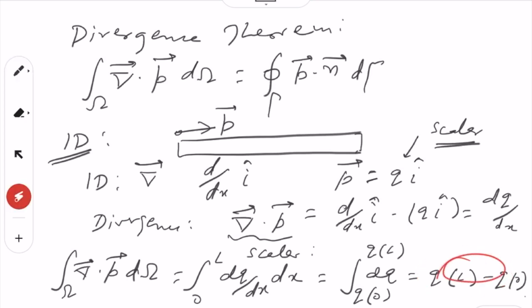Here there is no n, nothing, so we just have this value of q here minus whatever the value of q is here. We just subtract it and we get that. Okay, so